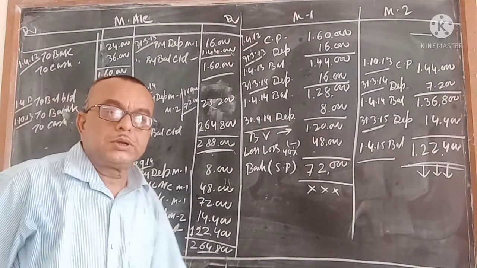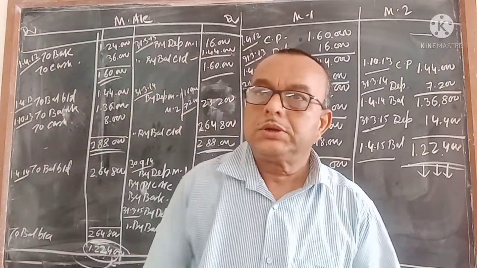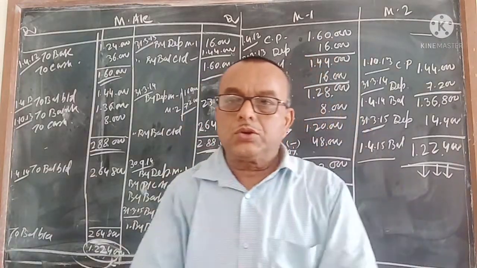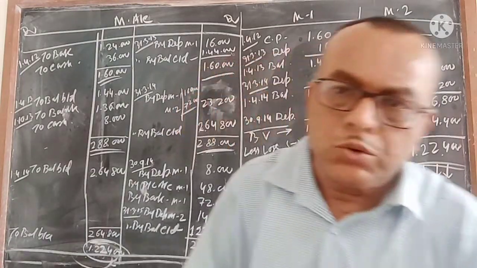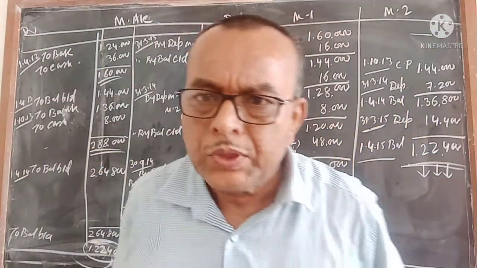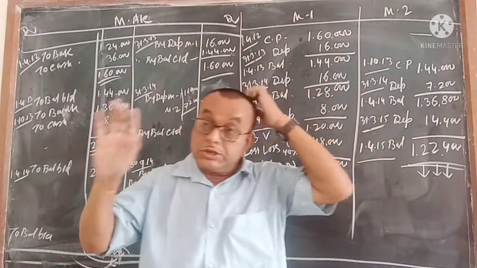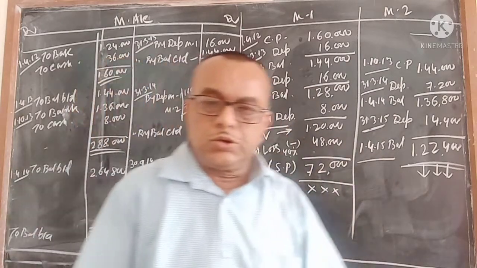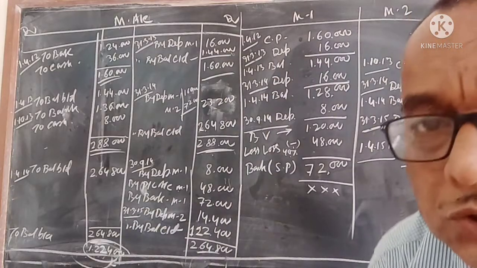This is the way. The thing is very easy. Collect the data in the proper way and do it the way I have done. In the working, don't make mistakes. Once you make mistakes in the working, you will have problems. So I tell you, don't make mistakes in the working. If you do the working very clearly, then it will be easy for you to do the sums.